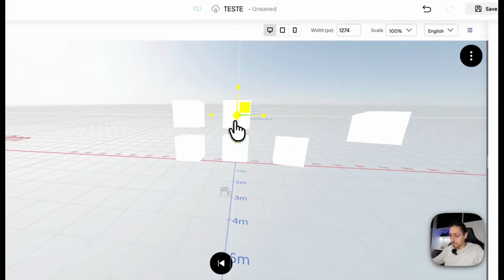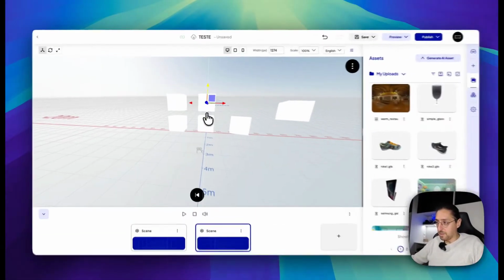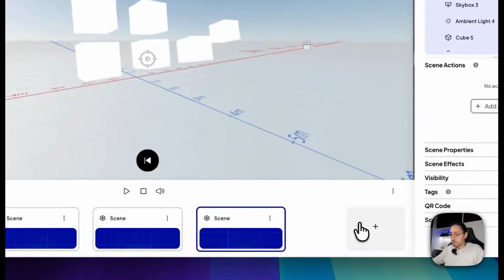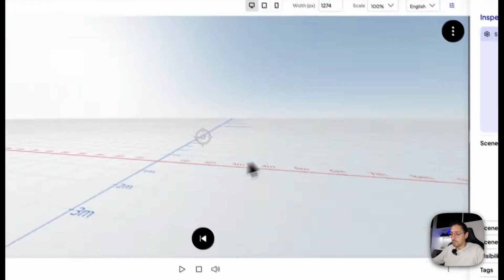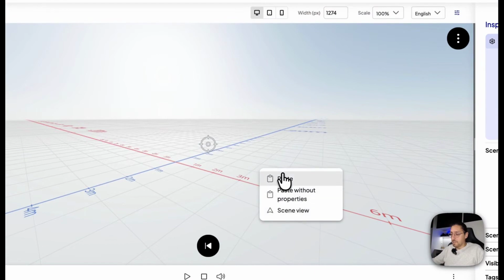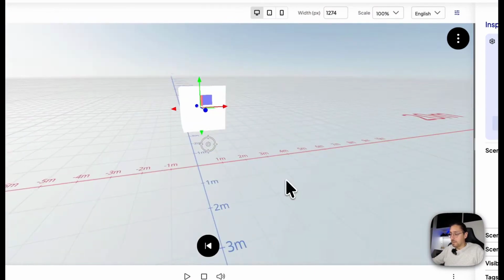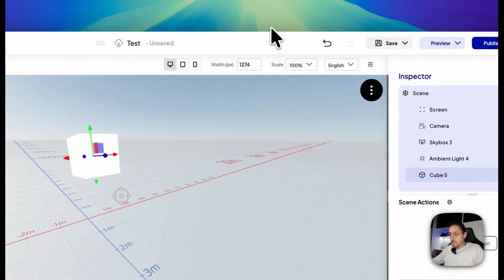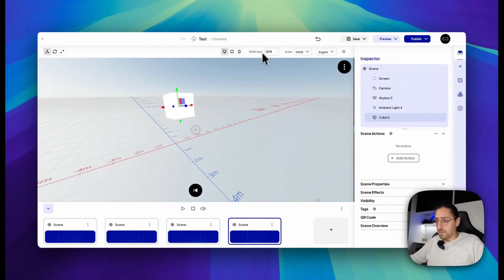The same can be done with entities. If I copy one entity from one project and I go to another project and, for example, another scene, I can paste the entity there with or without properties. So it's very flexible in terms of copying scenes and entities across projects and across